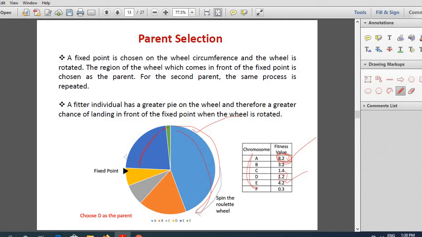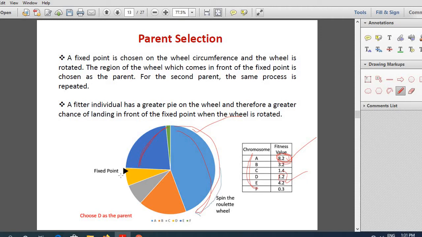The next area has more chance of coming after A, so individual E has more chance of being selected. In this example, individual D is chosen as the parent, but it is quite unlikely that individual D gets selected often because it has only a small area here. Please look here. So it is based on this concept that the first parent is chosen.